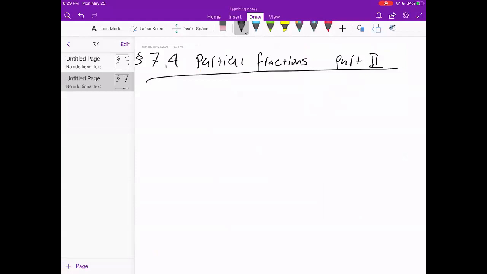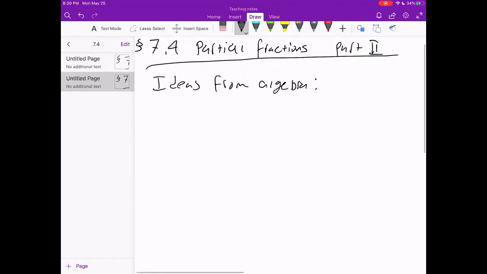So now we're going to look at cases where the degree of the numerator is less than the degree of the denominator. We're going to have to use partial fractions. So we're going to need some ideas from algebra first about polynomials. The main idea that we're going to need is any polynomial can be factored